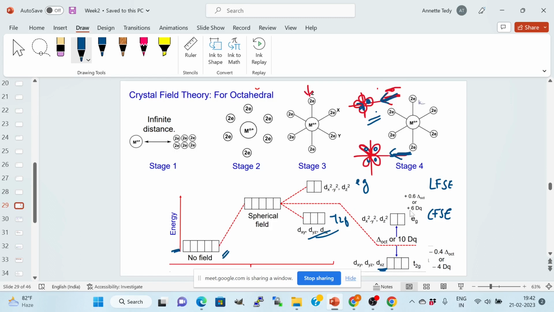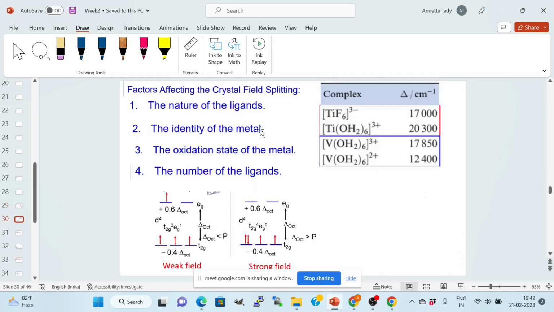So now we have T2G and EG. Now if I keep one electron here, each electron will have a contribution of minus 0.4 delta if it is in T2G. If it is in EG, each electron will have a contribution of 0.6 delta. So this delta oct or dq is not a constant value. It changes depending on the nature of the ligands, the identity of the metal, the oxidation state of the metal, and the number of the ligands. So delta oct, as I said, is not constant. See here, for example,